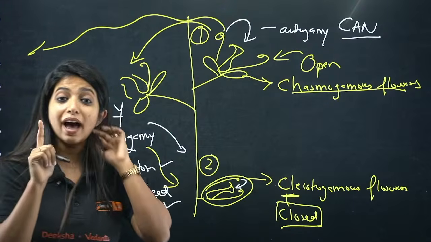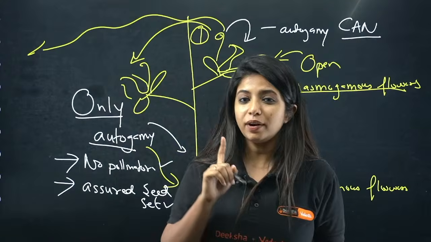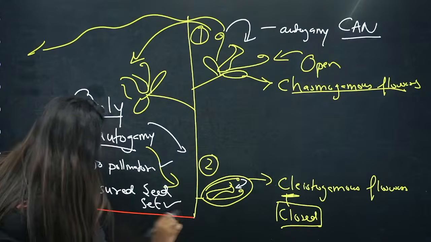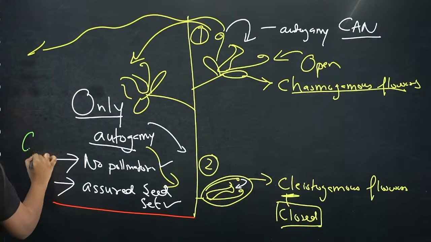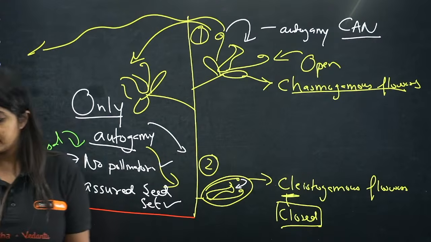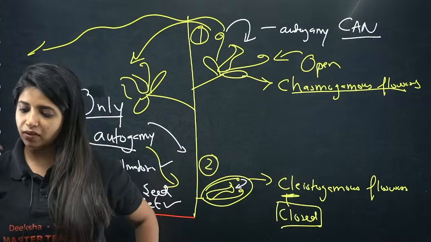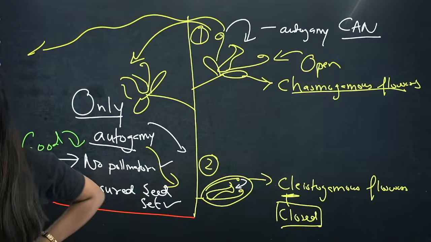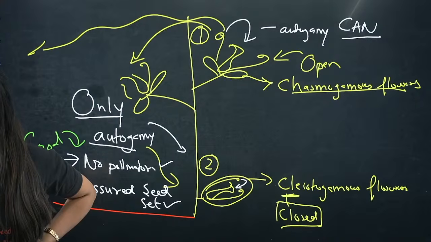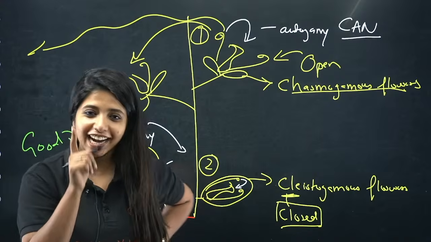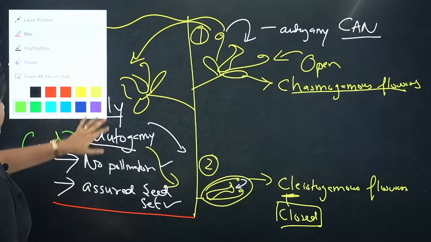Now, you have to tell me one bad thing about it. What is one bad thing when only autogamy is going to happen? What is the one bad thing that you can possibly think of? This is the good thing that you have. There are bad things also. Any idea? Seed set is being formed, pollinators are not needed. What bad can happen? Everything is good only. Any idea? No idea, then get an idea. The bad part of the story is that,